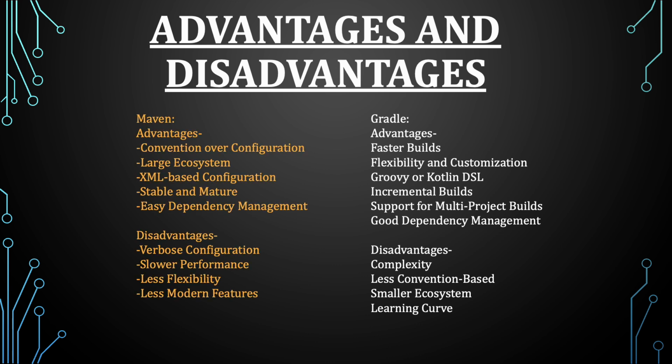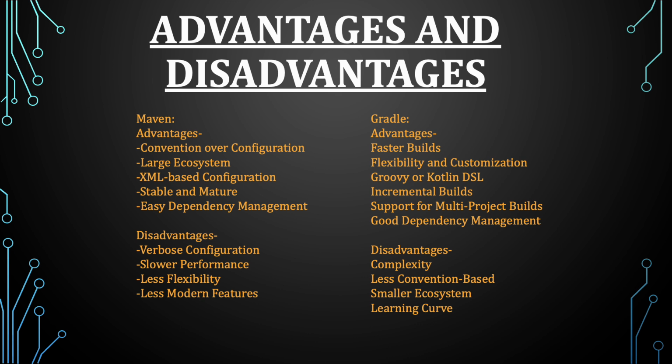Maven and Gradle each have their own set of advantages and disadvantages. Maven is known for its convention over configuration approach, which simplifies the setup by following strict conventions. It has a large ecosystem, is stable and mature, and offers easy dependency management. However, Maven comes with some downsides. Its XML-based configuration can be verbose, it tends to have slower performance, and it offers less flexibility and fewer modern features compared to Gradle. Now, on the other hand, Gradle is praised for its faster builds and flexibility, allowing developers